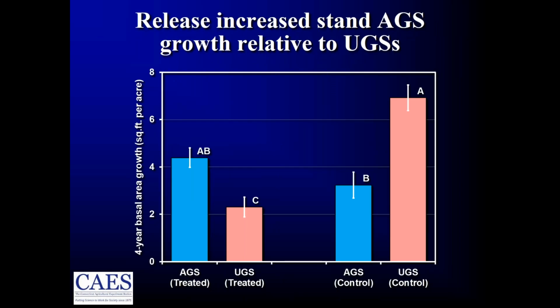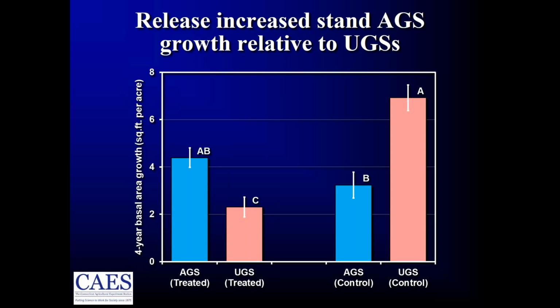But here's what I think is one of the really cool things about doing all this. If we look at the right first, we've got acceptable growing stock, and that's 4-year basal area growth per acre. And then we have unacceptable growing stock. You can see unacceptable growing stock on areas that weren't treated, the controls, was more than double that of acceptable growing stock. But after the treatment, for the 4 years after treatment, if we look at the two on